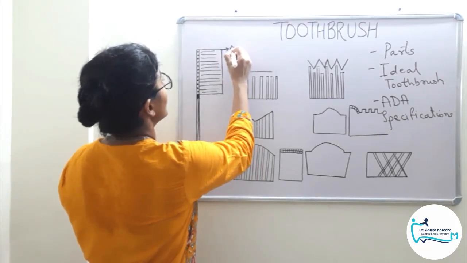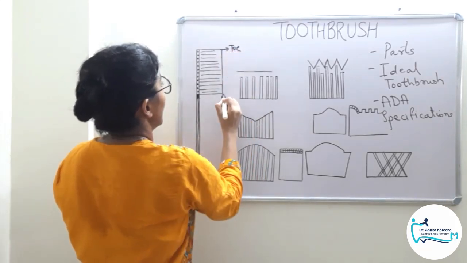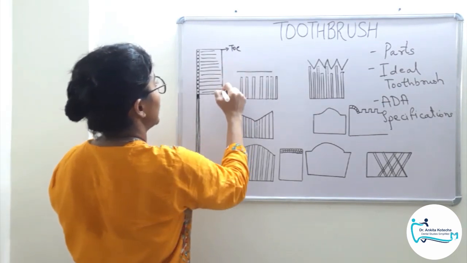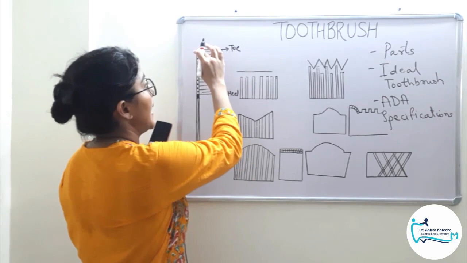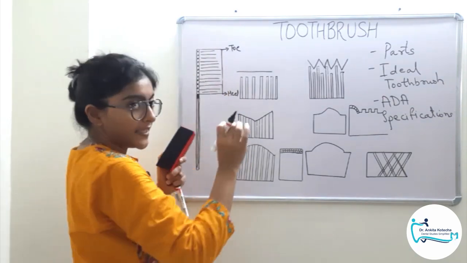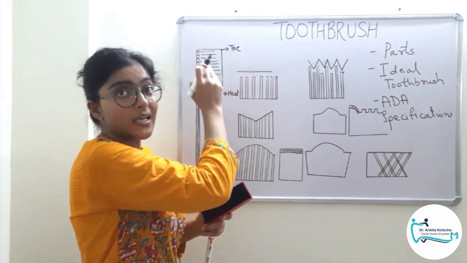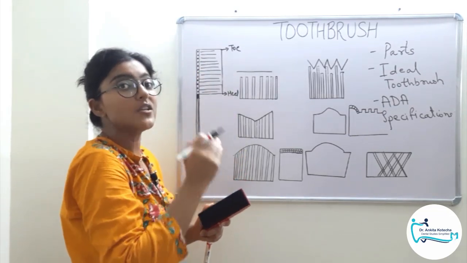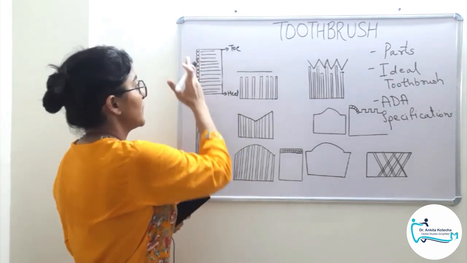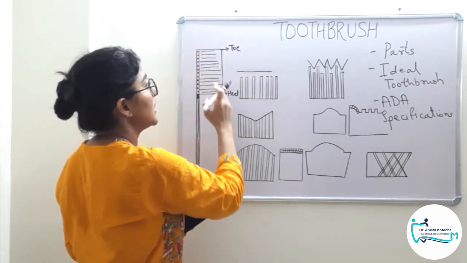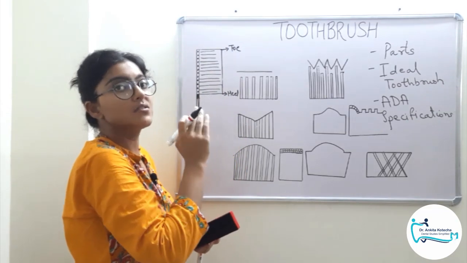The top portion is a toe and the bottom portion is a heel. This is the bristle plane with a toe and a heel, and the points, the area, the spot on the head where these tufts or bristles are attached or anchored is called stalk. Clear? Head, shank, handle. Under head we have bristle plane, toe, heel, and the anchored points called stalk.